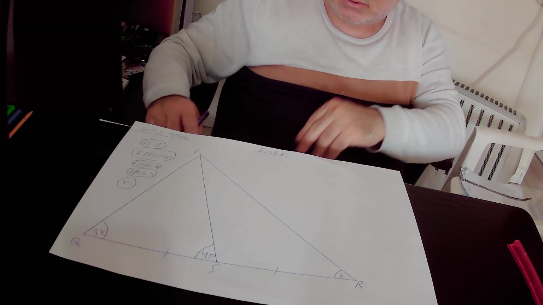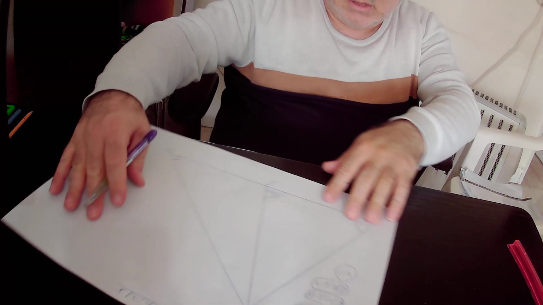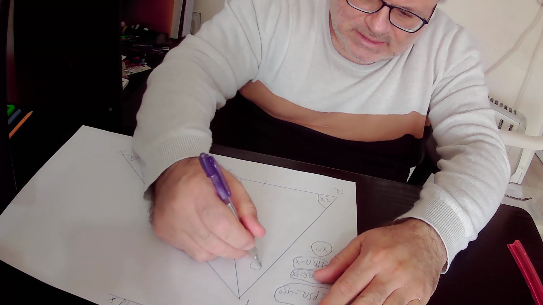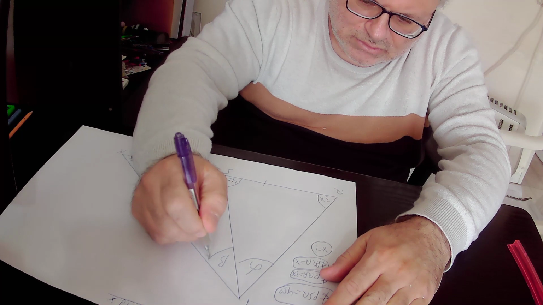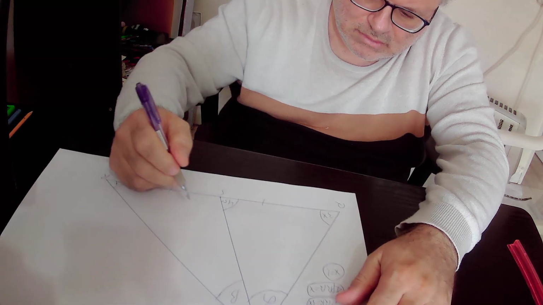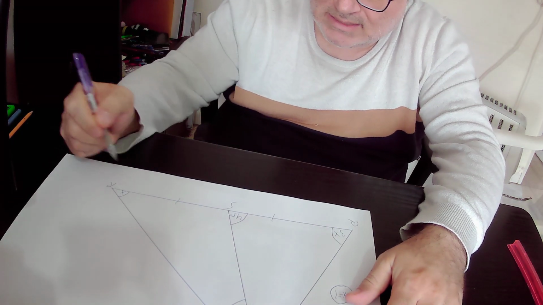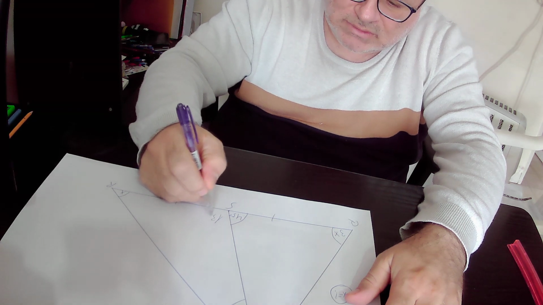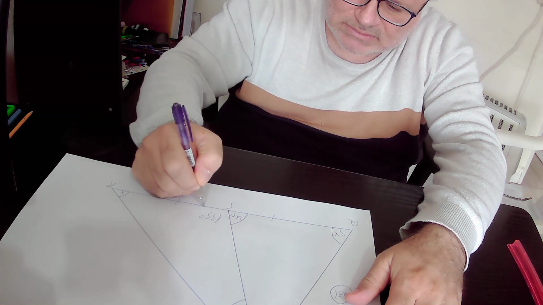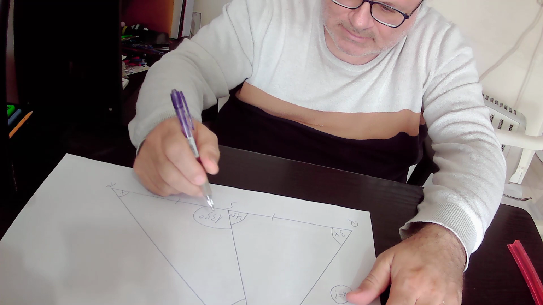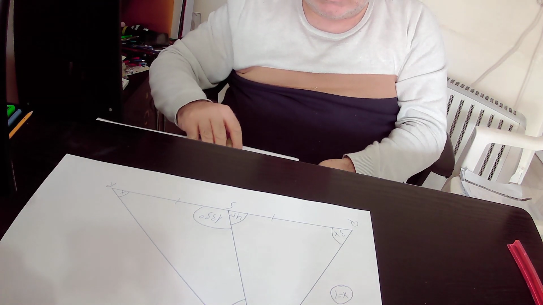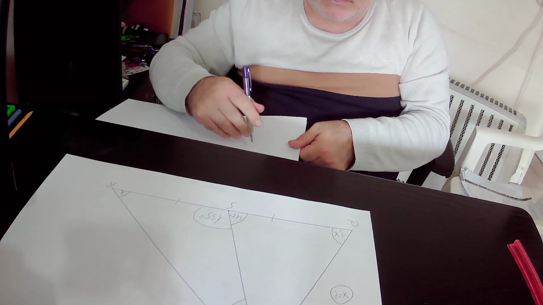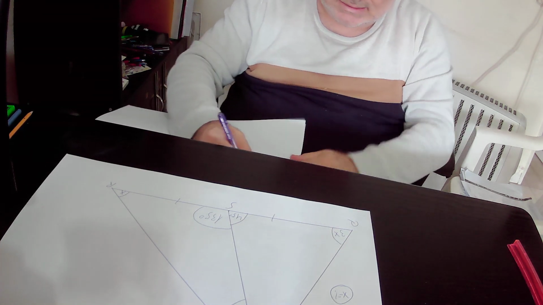In the second method, we will define this angle as alpha, this angle as beta, as we did in the first method. Angle PSR equals 135 degrees, as we found out in the first method. And we know that the sum of the angles in any triangle is equal to 180 degrees. So if we focus on triangle PQS,